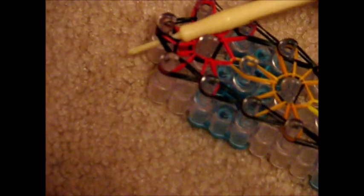Now, you're going to go to the top peg in the middle. You're going to go in front of all the rubber bands and stick your hook out to the side. We're going to be taking off the bracelet now. Take whatever color you want,